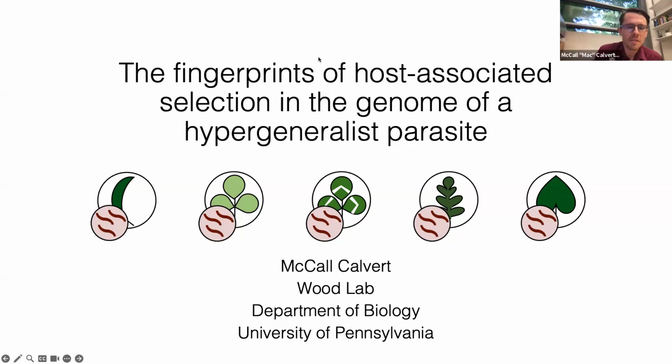So my name is Matt Calvert. I'm a PhD student in Corlett Woods Lab here at the University of Pennsylvania. Before I begin, I just want to give a big thank you to the Hamilton Award Committee, to the judges, and also extend a big congratulations to the other finalists. I've just been absolutely blown away by the work I've seen today, and I'm just honored to be presenting alongside all of you. So my work today is on the fingerprints of host-associated selection in the genome of a